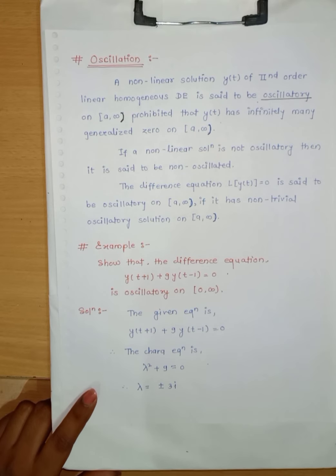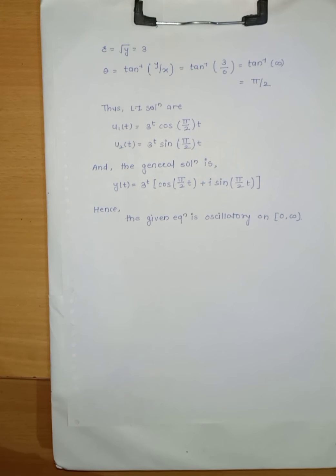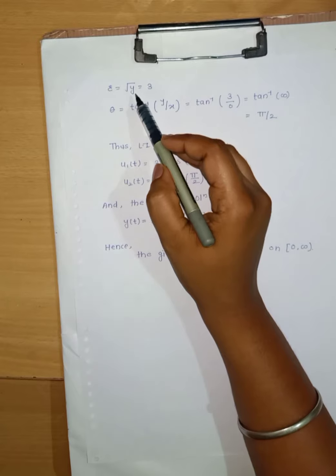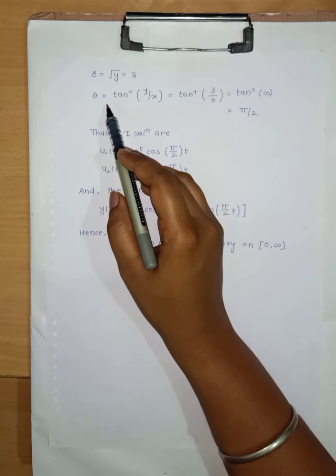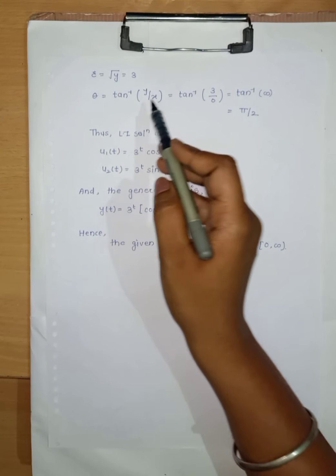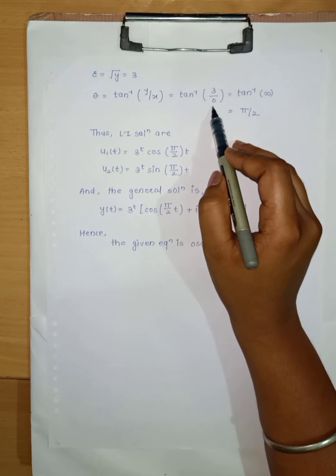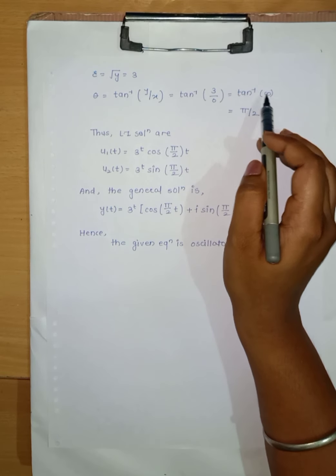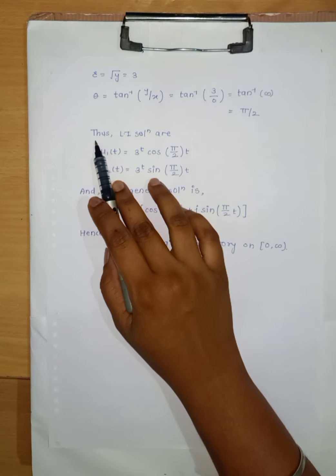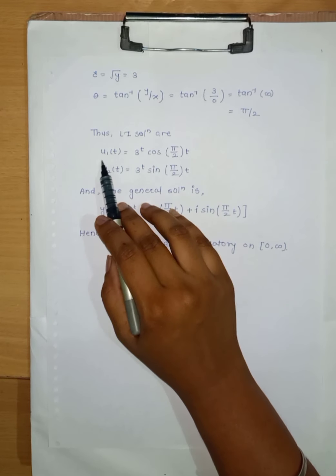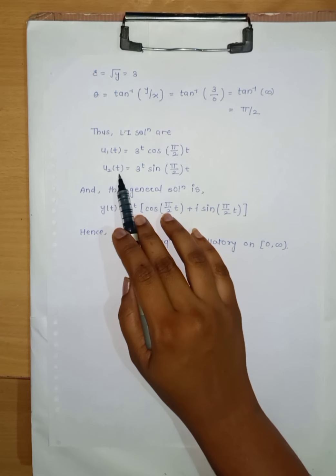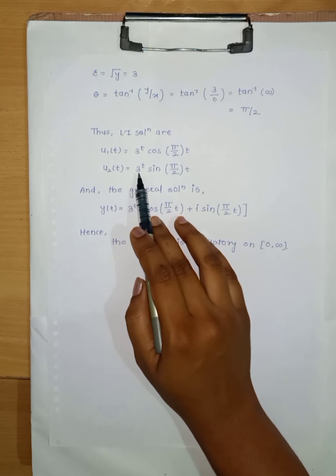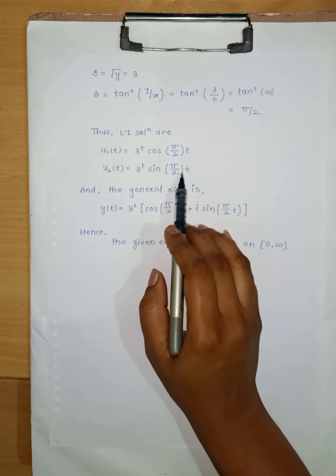The roots will be plus minus 9i, and here the roots are imaginary. The value of r will be under root of 9, that is equal to 3, and the value of theta will be equal to tan inverse of y by x. Tan inverse of y equals 3 and x equals 0, so tan inverse of infinity, and that is pi by 2. Thus linearly independent solutions are u1 of t equals 3 to the power t cos pi by 2t, and u2 of t equals 3 to the power t into sine of pi by 2 t,